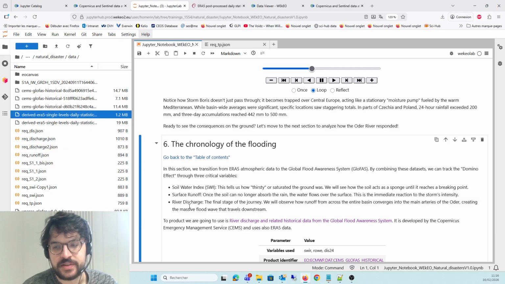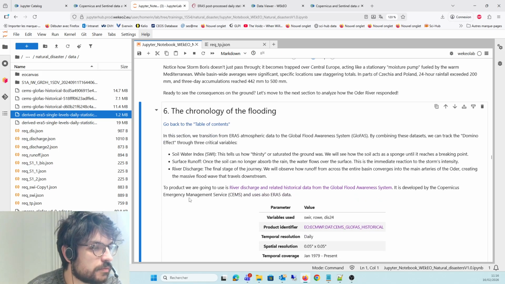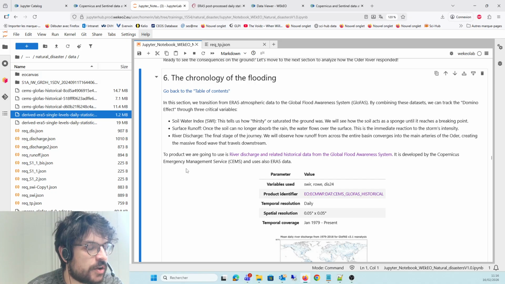This quantifies the quantity of water that travels within the river. All those variables are contained within a single product, which is called river discharge and related historical data from the Global Flood Awareness System.